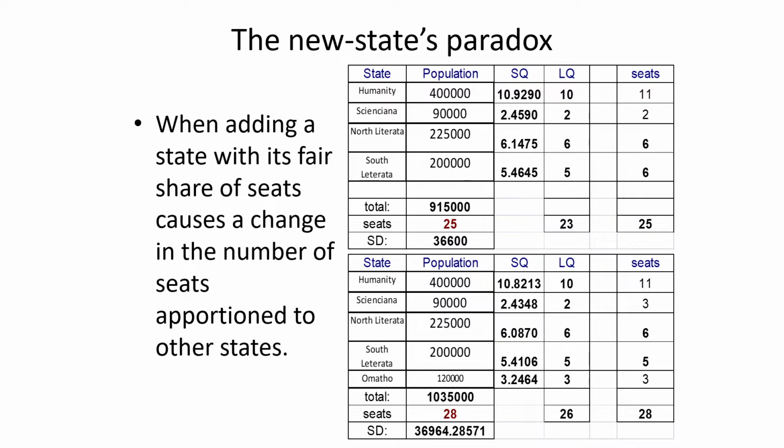So there's no arguing that Omatho deserves 3 seats, based on the divisor. But I guess what's happened mathematically is when you added them, because they don't have an even number of seats, if this was exactly 3, for example, then this wouldn't have happened. But because it doesn't come out evenly, the new divisor actually changes what happens up here, and it shifts some things. So this sort of thing happened. Like I said, it happened back in history.